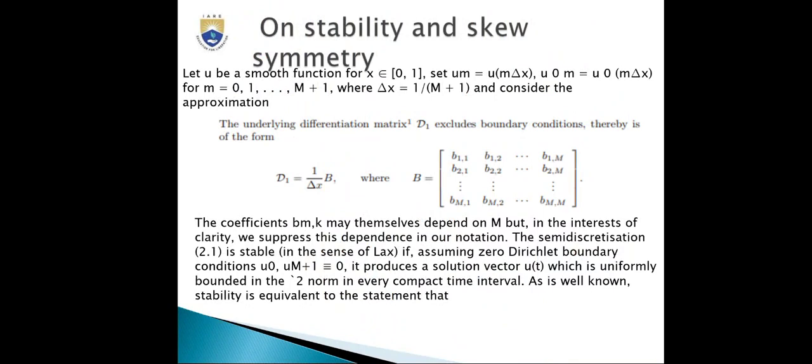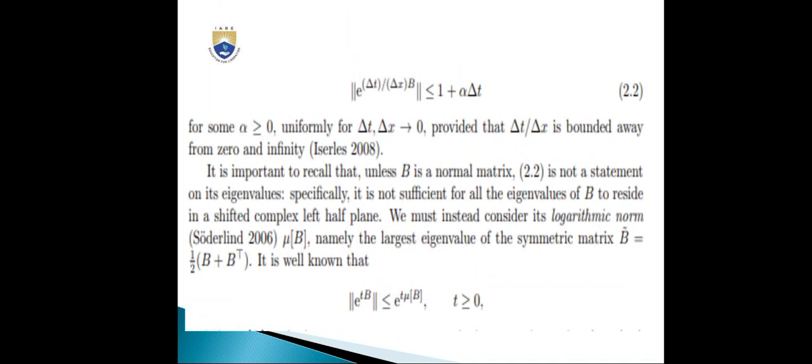The semi-discretization 2.1 is stable in the sense of Lax if, assuming zero Dirichlet boundary conditions u_0, u_{m+1} equal to 0, it produces a solution vector u(t) which is uniformly bounded in the 2-norm in every compact time interval. As is well known, stability is equivalent to the statement that ||e^{(Δt/Δx)B}|| is less than or equal to 1 plus